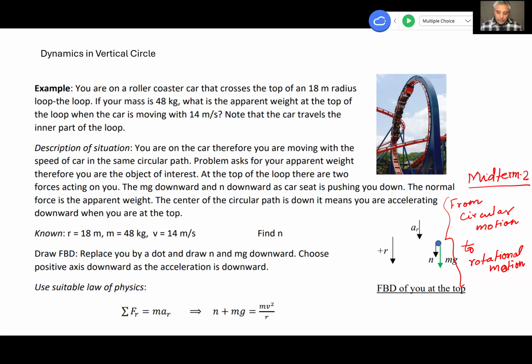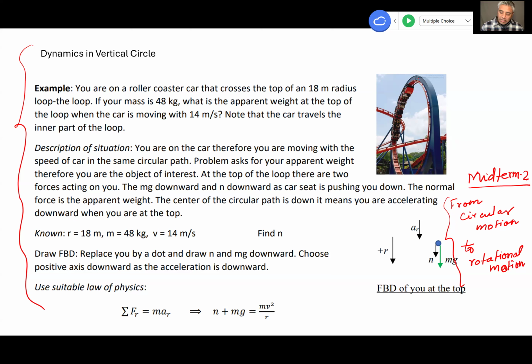So in our note, you can see that here, dynamics in vertical circle, and this is an example problem where this roller coaster is going in this vertical circle like that, okay? So the speed could be different at different points. In practical application, that's what happens. But sometimes you may also be asked, the speed is the same all over. So for that, you have to have some sort of forced rotation. But no matter whether the speed is the same or different, we can use the same idea